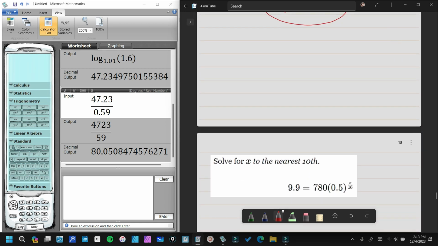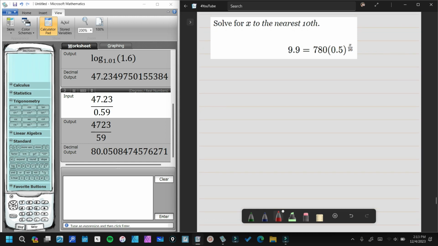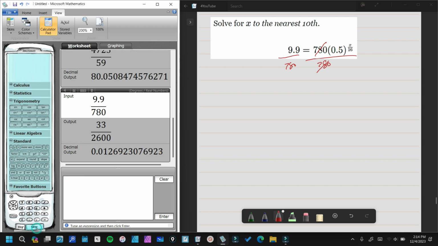Let's go to the third example. Okay, so here we have 9.9 equals 780 over 0.5 raised to x over 16. I think the first thing we need to do here is to divide both sides by 780. That's what we need to do first. So 9.9 divided by 780. All right. Okay, so that is